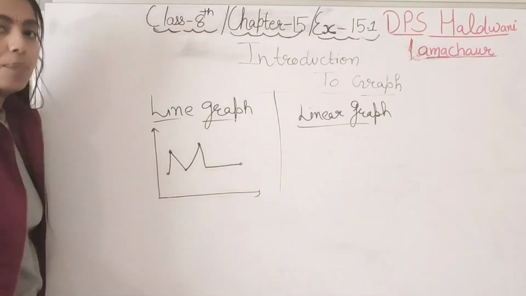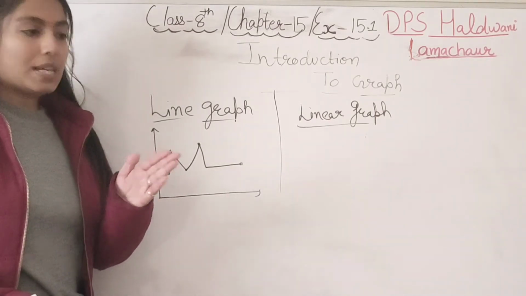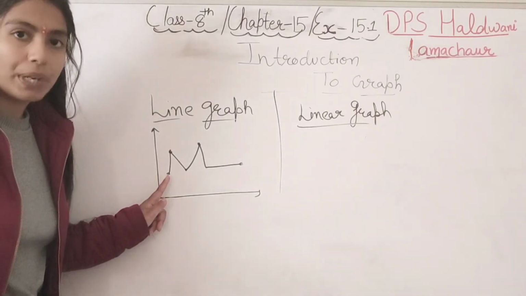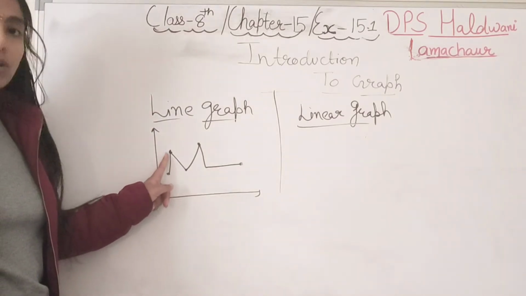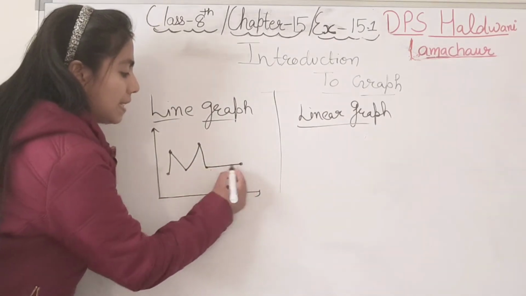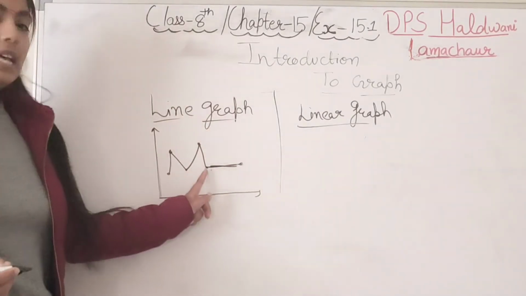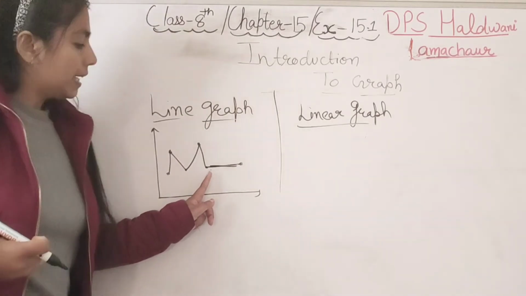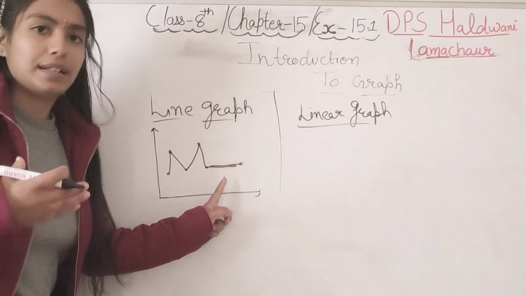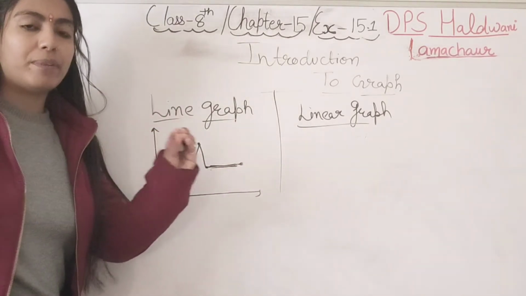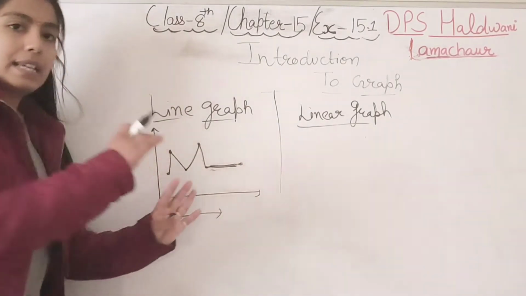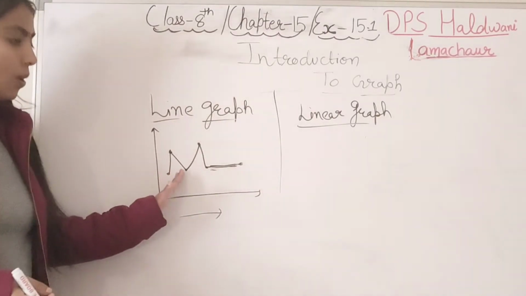First of all, this type of graph, where the graph is discontinuous. See in this graph, suppose we are taking the example of the sale of any shop. Okay, from October to November the sale goes up, then the sale goes down, then again up, and at this point the sale is stable. Stable means constant. Neither will it increase nor will it decrease. It's just stable only, constant. This line shows constant sale, right? The same sale, in October, November, December, whichever month it is along the x-axis, in that month the sale is the same, equal. Right student? This is called a line graph.